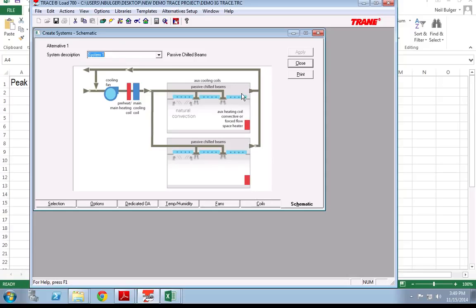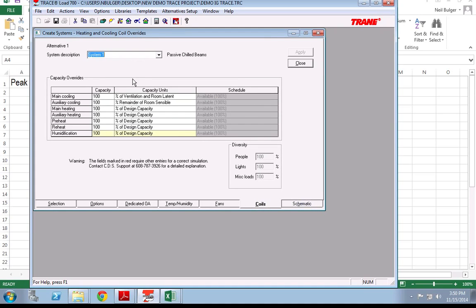So if we knew the design capacity, if we picked a design capacity of our local zone-based cooling element, in this scenario I'm picking passive chilled beams, but essentially the same mode of heat transfer will work. We're going to have some room, be able to relieve some amount of heat. The way we would take credit for how much cooling that room level element can do is underneath this auxiliary cooling capacity. By default, it's set to be 100% of the remaining load that the ventilation is not able to